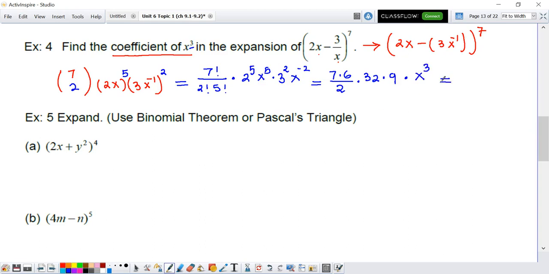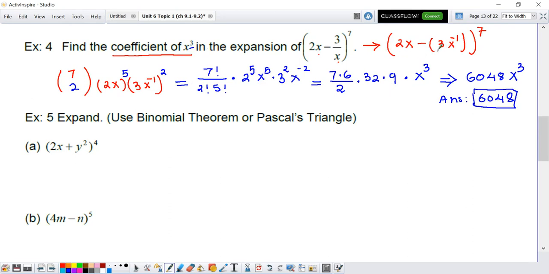So the final answer is the coefficient of x to the third: 7 times 6 times 32 times 9 divided by 2. You could multiply out, and that number comes out to 6048 x to the third, and the answer is 6048. Yes, you could use a calculator for this multiplication, but